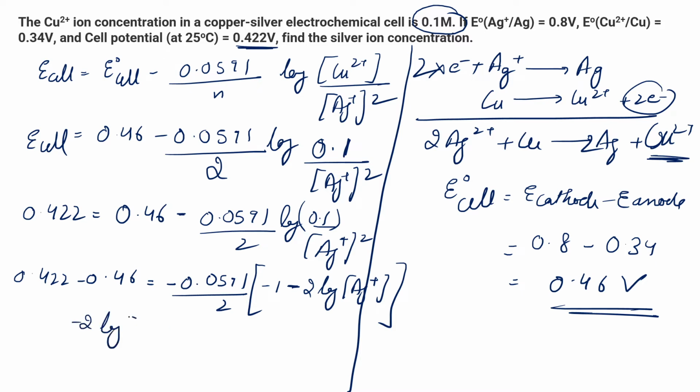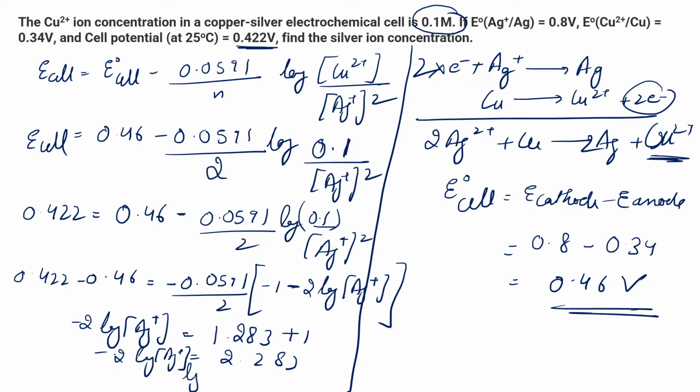minus 2 log of silver ions will give you, trying to rearrange the whole equation, we'll be getting 1.283 plus 1 will give us 2.283 minus 2 log of silver ion. So dividing it by 2 we'll be getting log of silver ion as minus